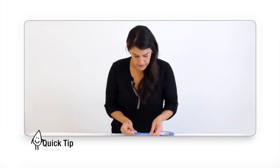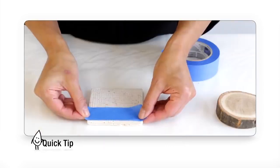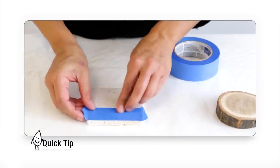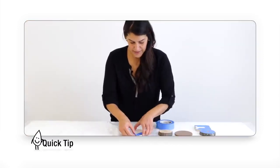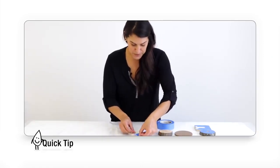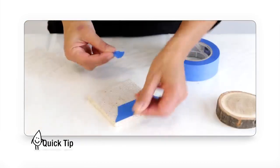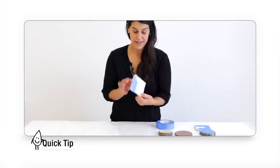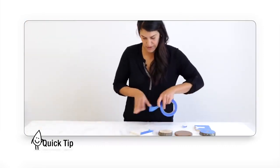Okay, so for taping off a square, it's really straightforward, obviously. What I do is line it up along the edge, and I let it extend past the sides. And then I just kind of do a miter cut with my thumb here. I'll just put my thumbnail on the very corner of the edge and then rip the tape at an angle like that. And then I just go around each edge like that,